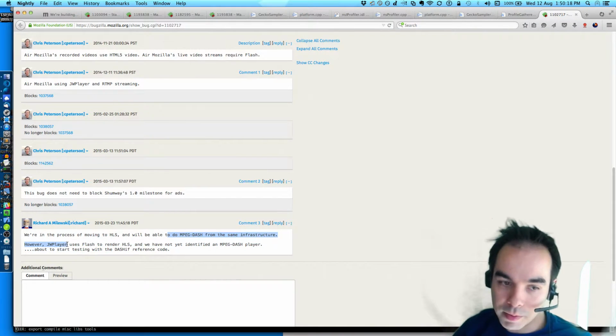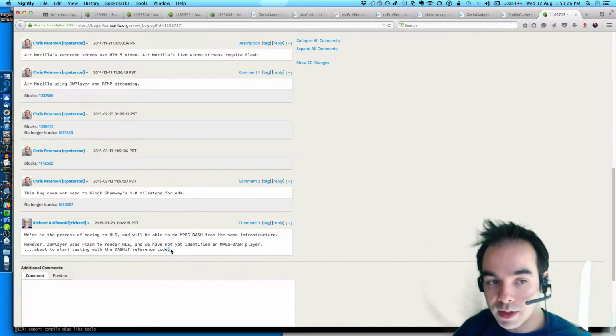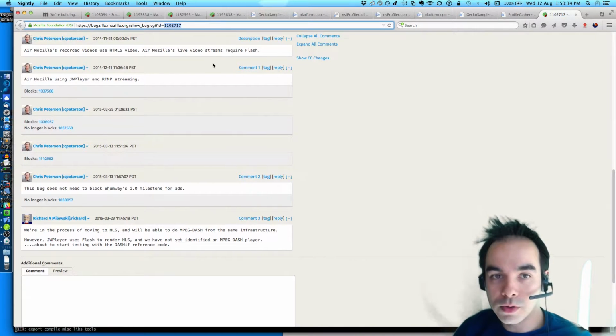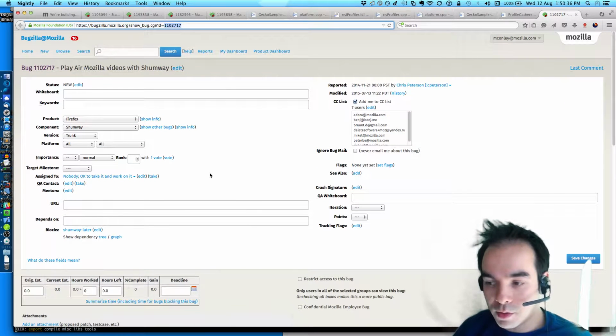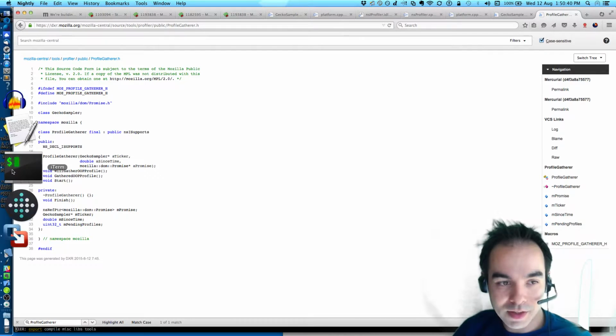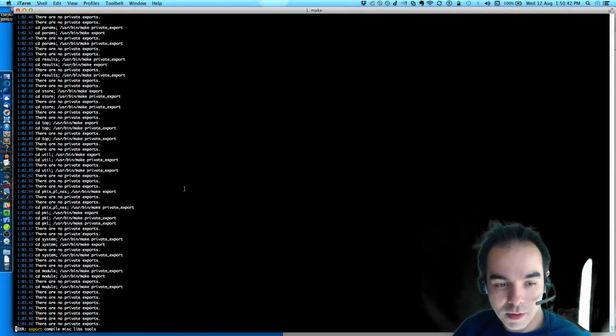However, JW Player uses Flash to render HLS. We have not yet identified an MPEG-DASH player. About to start testing with the dash.js reference code. If anyone out there knows of a decent MPEG-DASH player that is not Flash based, maybe talk to Richard and comment in this bug. That's 1102717. That'd be great if we could get everybody off of Flash, because Flash is a shit show. Pardon my language.